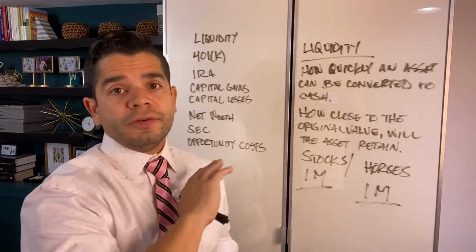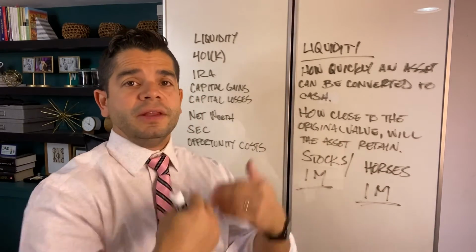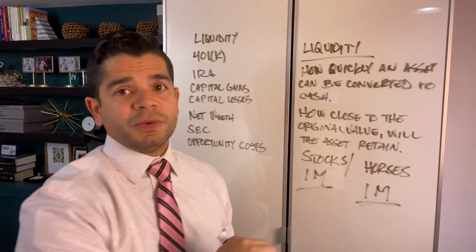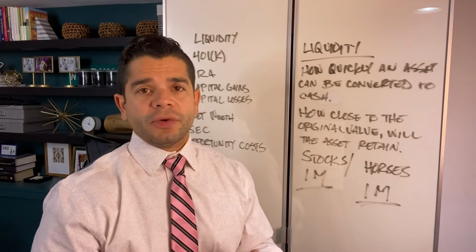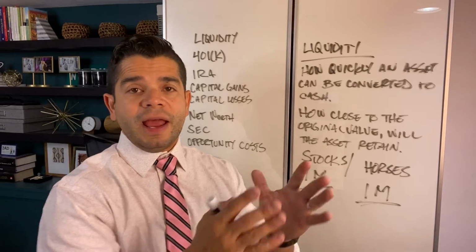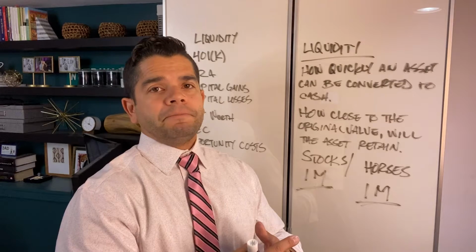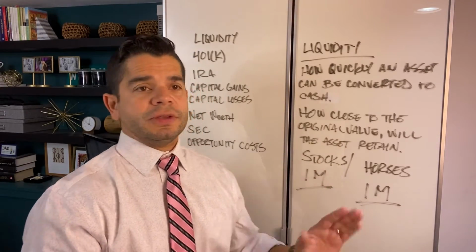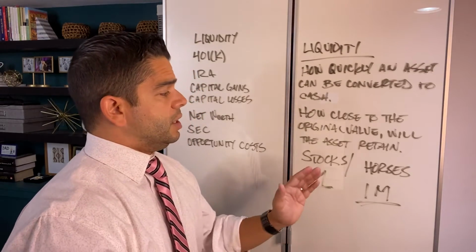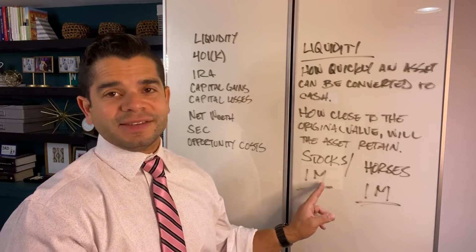If you have stocks, you can convert the sale from a stock into cash in your account and then pull that cash out pretty quickly. If you have prize-winning horses, you can't do that with several clicks. In fact, you're going to have to, number one, line up the right buyer, and then the buyer is going to have the financing, and then there'll be brokers involved and commissions, and of course, both will have tax implications, but this will obviously take longer to convert to cash. So the horses are not going to be as liquid as the stock is.